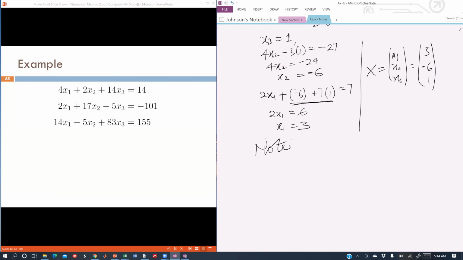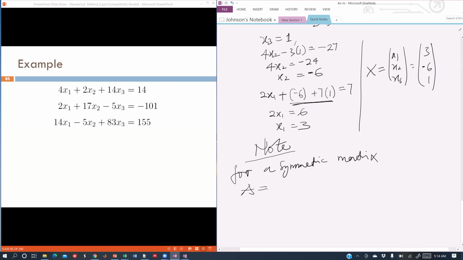We should note that for a symmetric matrix, A,